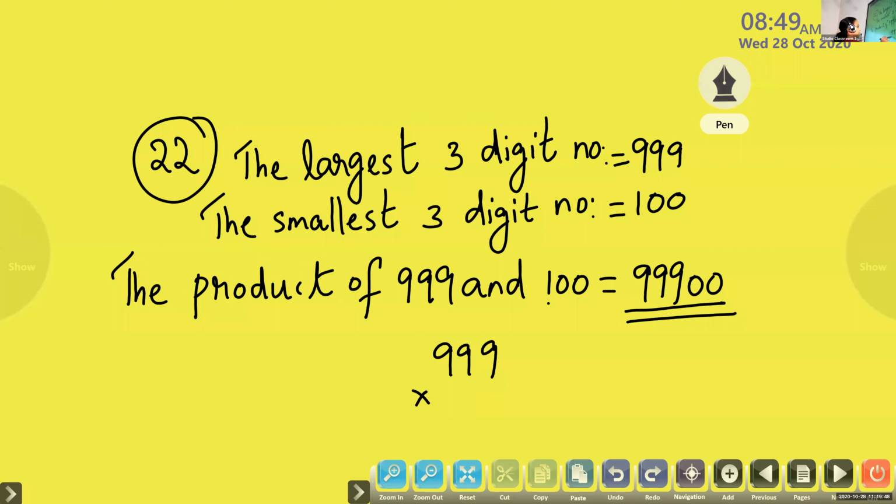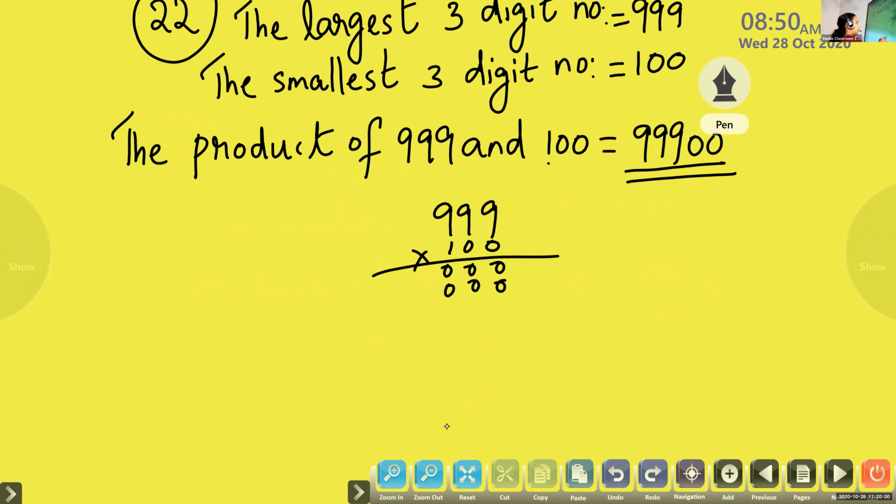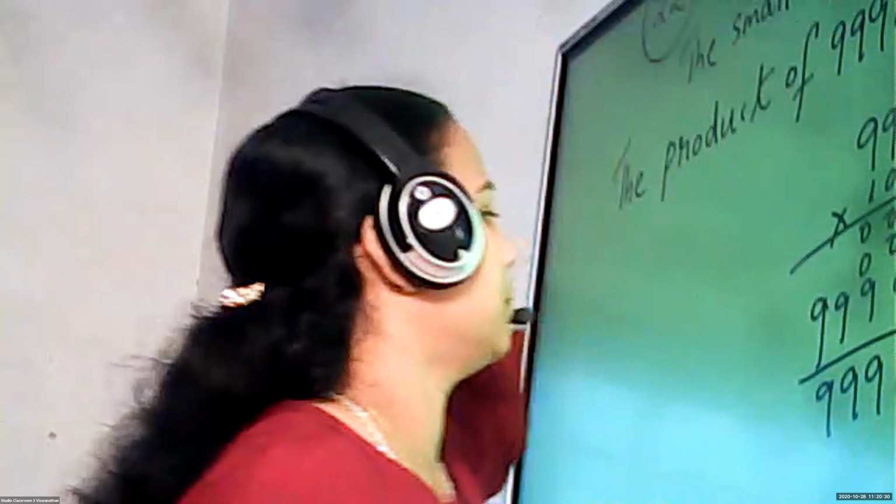999 multiplied by 100. So first you have to place everything 0, because here 0 into 9, 0 into 9, 0 into 9. Again, second row also we will do like that. Then in the last row only you will start multiplying with 1. So when you add, here you will start with 2 zeros, 1 into 9, again 1 into 9, 1 into 9. So you have 9, 9, 9 and you have to add 2 more zeros. That is the easy method I told you. You can just place 2 zeros because you are multiplying with 100. If you are multiplying with 1, you will get the same number.